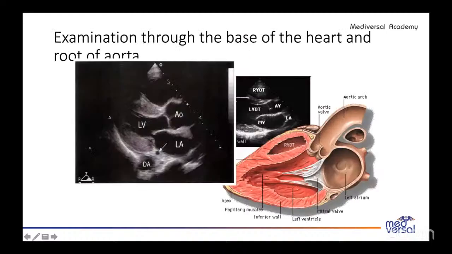Yeah. So, examination through the base of the heart. So where is the base of the heart? This is the PLAX view or parasternal long axis view, as I told you before. In this, you can see 3 chambers and 2 valves. Remember, 3 chambers in this and 2 valves. You can see the anatomical part and you can see the echo part also. You will see the aorta, the mitral valve, the aortic valve, the LA, the left atrium,